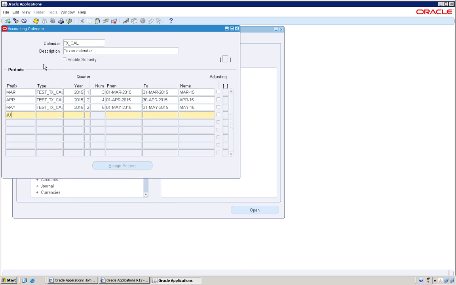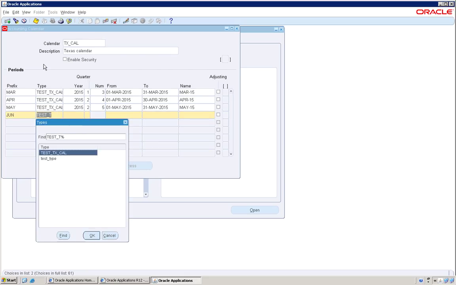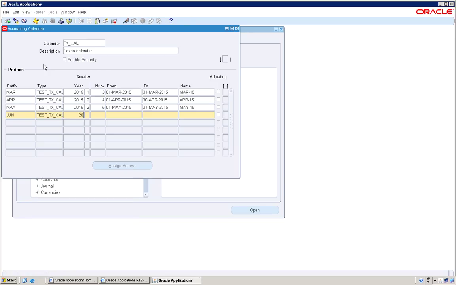Now it's June. Test TX cal, 2015, and quarter is 2, number 6, 01 June 2015 to 30th June